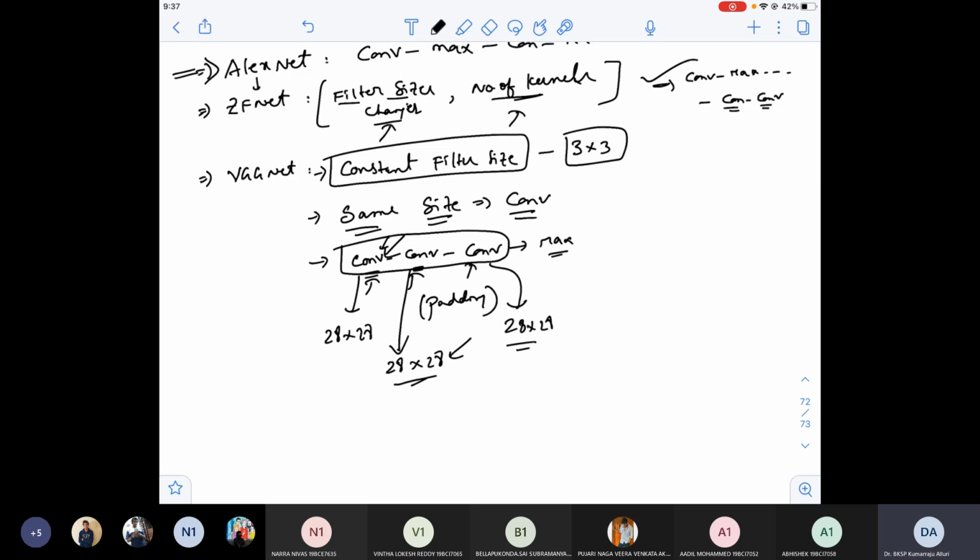This is just, why can't I do that? Why should I have all convolutions with different sizes? I can have the same size after the convolution operation. Okay. Now let us see that architecture. These are the questions that they raised and finally came up with this particular one. So here it is.